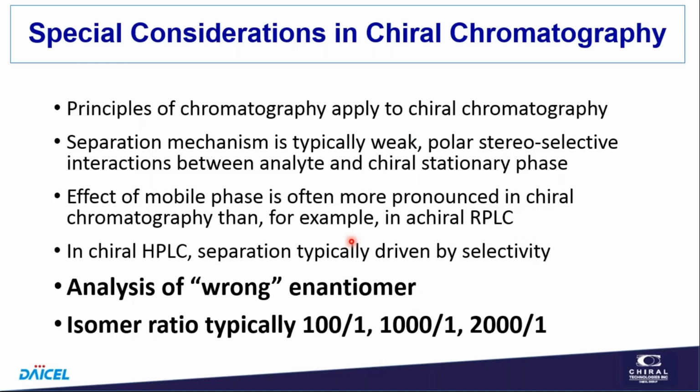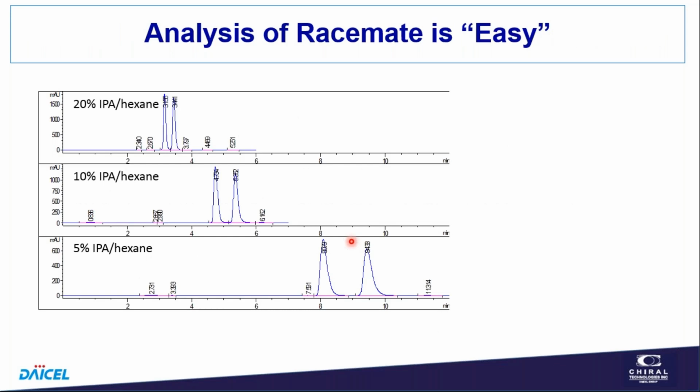So we're analyzing the wrong enantiomer, or the undesired enantiomer. The isomer ratio is typically like 100 to 1, or 1,000 to 1, 2,000 to 1. So analysis of the racemate is, by comparison, easy compared to analyzing for the minor enantiomer. And in this example, this was on a separation, I think on a Chiralpak IA,